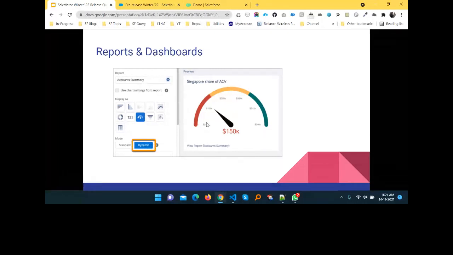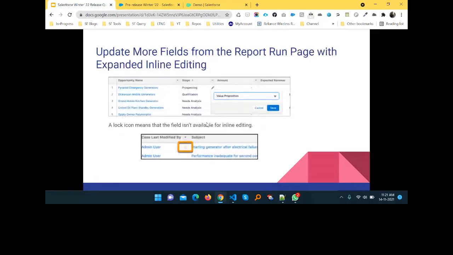Here you can see: update more fields from the report run page with expanded inline editing. This feature is also available in Winter '22, but we still don't consider it live. It's still in beta, or we consider it pilot mode. You can edit your report within the same line.